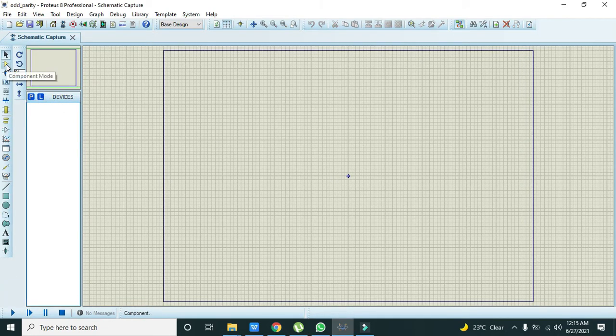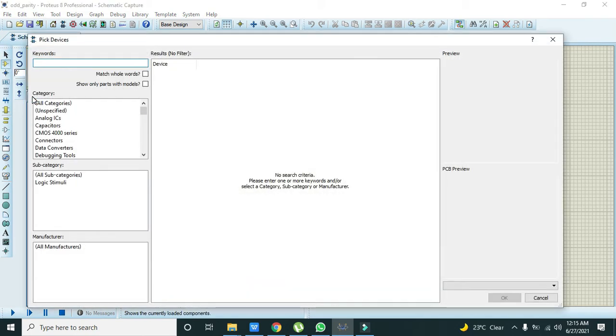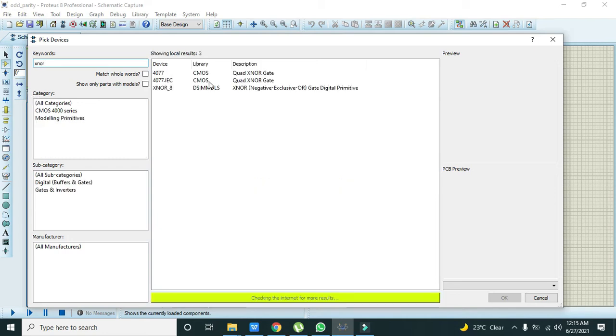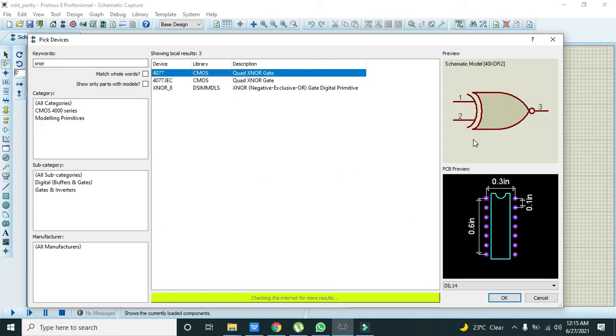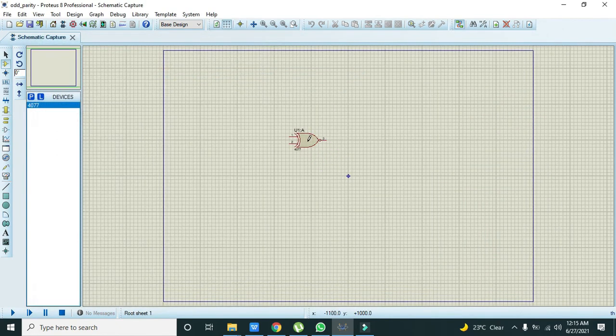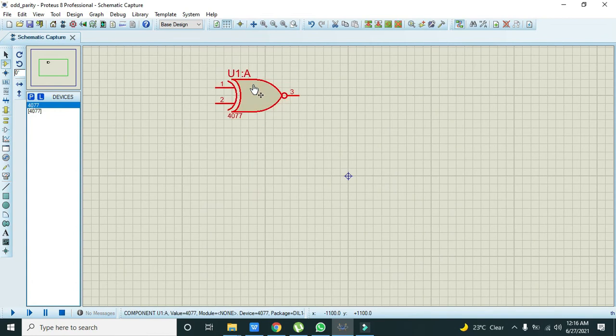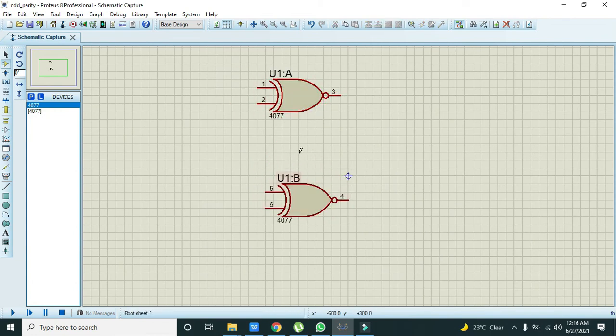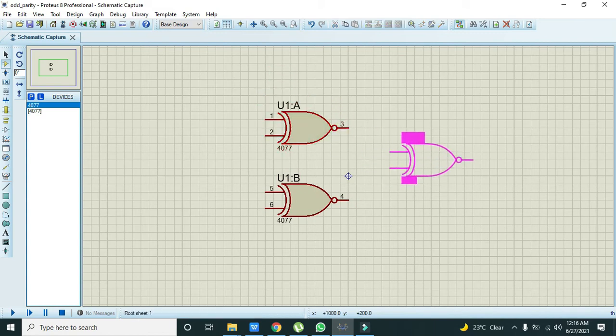Now for the odd parity generator, you have to go to the component mode and we need XNOR gates. So you can take this 2-input XNOR gate. We will make it a bit big so that we can easily see it. Okay, now we have three XNOR gates.